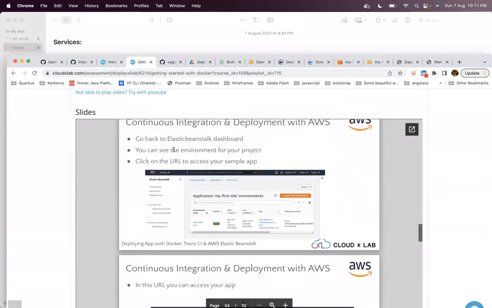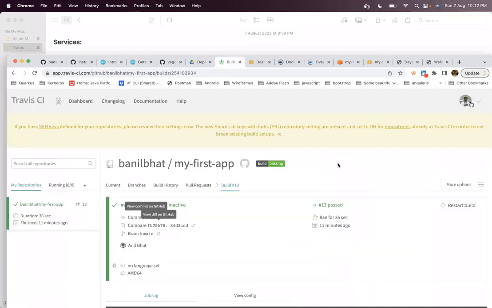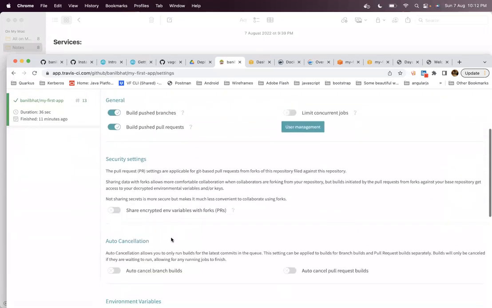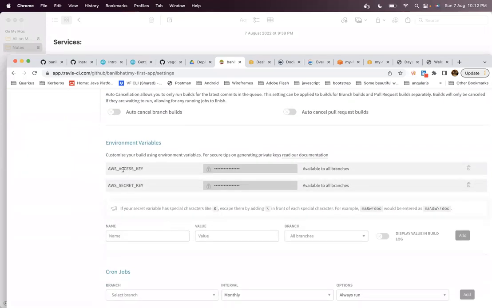Yes, so you have seen how the environment variables are being created in Travis. Again, I will quickly recollect for you. In the settings in Travis for this particular repository, you can create the credentials for AWS, using which you can actually deploy to AWS services. In this case, we have used Elastic Beanstalk.